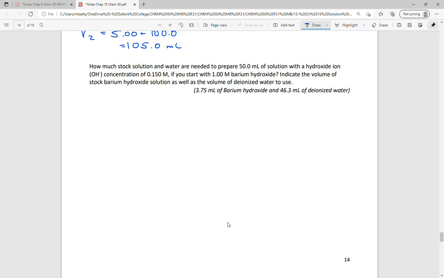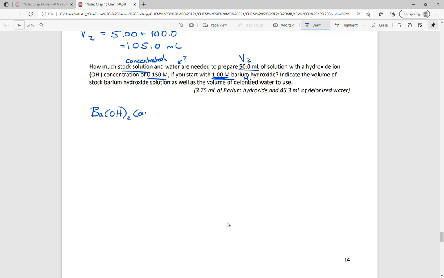So this one says how much stock solution, so that's the concentrated stuff, and water are needed to make 50 mils, so that's a V2 solution with a hydroxide ion concentration of 0.105 molar, if you start with 1 molar barium hydroxide. So in this is what's going to give me my M1. But barium hydroxide,